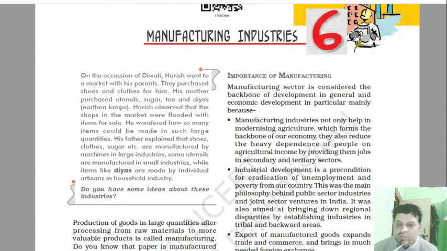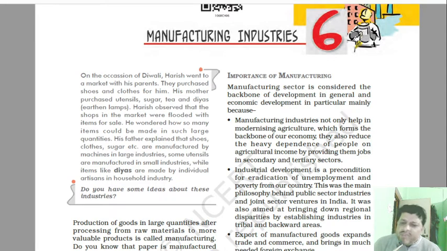laborers required to make production. While here we discussed that there are a few large scale industries which produce sugar and cloths. Here we also discussed that a few industries are small scale industries which produce utensils, and there is also another type of industry that is called a household industry, a small scale household industry or cottage industry, where diyas and agarbattis and these types of things are manufactured. Individual items are manufactured individually.